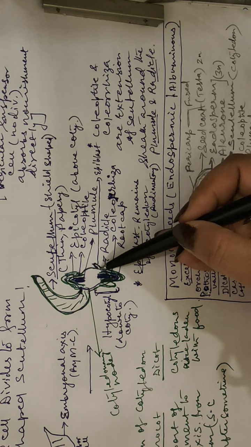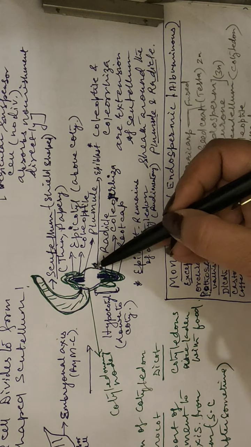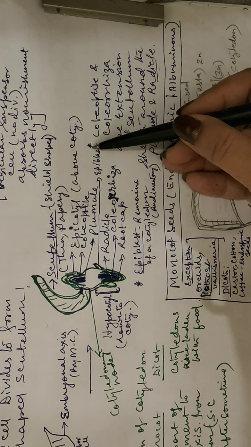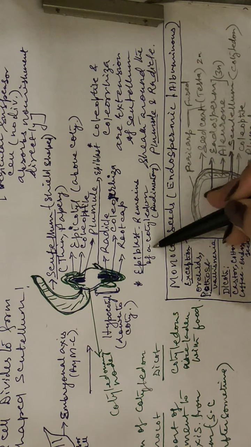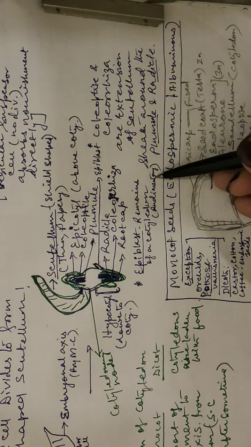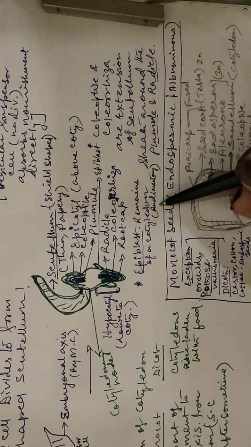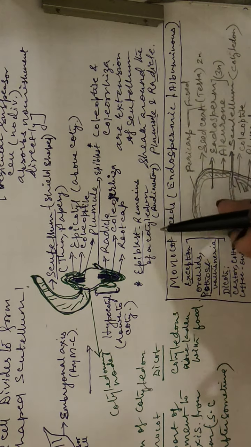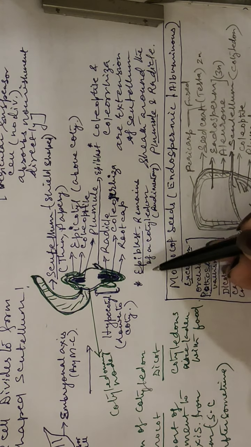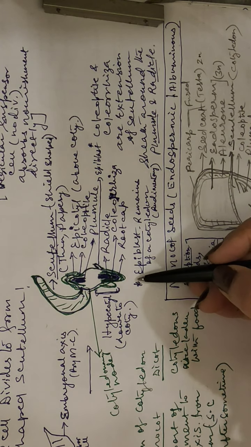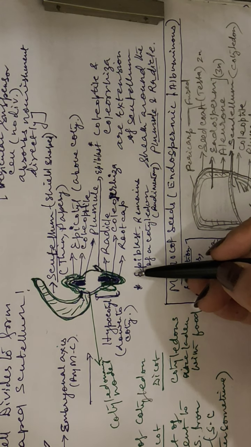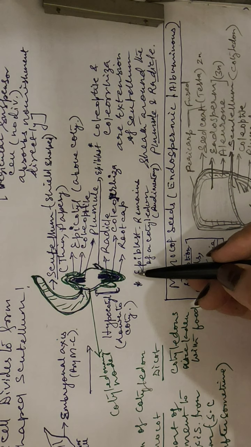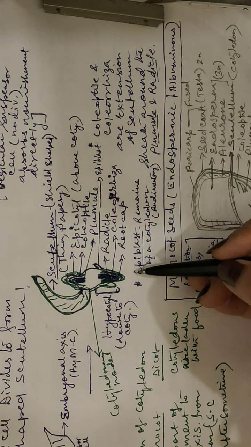One more thing you can notice here, a small structure. This is called epiblast. I've put a star here and written that epiblast is nothing but the remains of a cotyledon. It is a rudimentary cotyledon which is found in the grasses. This is clear evidence that there were a higher number of cotyledons. If you remember, in the gymnosperms like Pinus, there would be a large number of cotyledons, and slowly, in the course of evolution, the number of cotyledons got reduced.